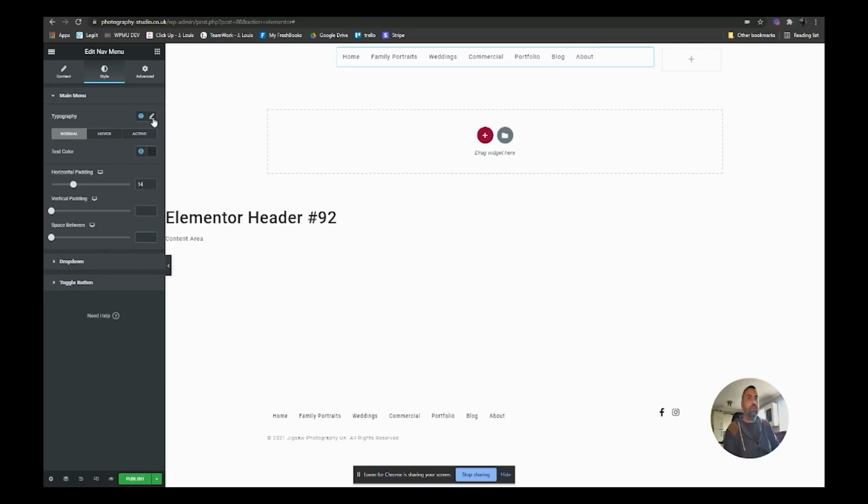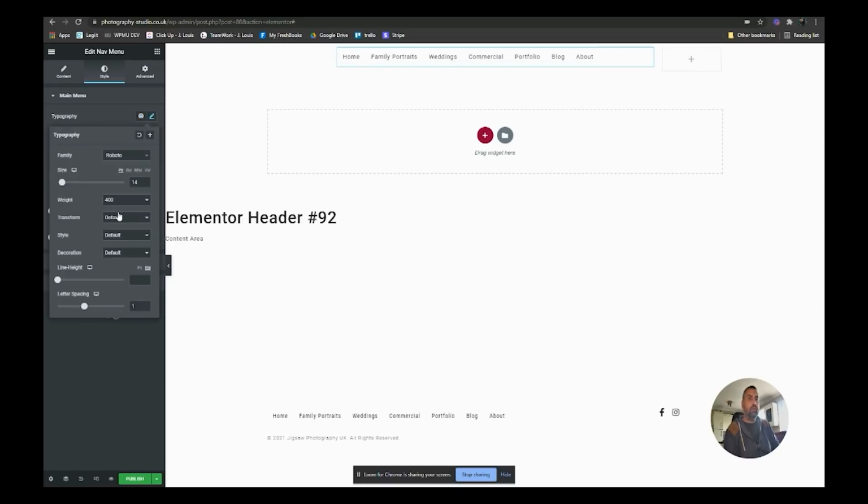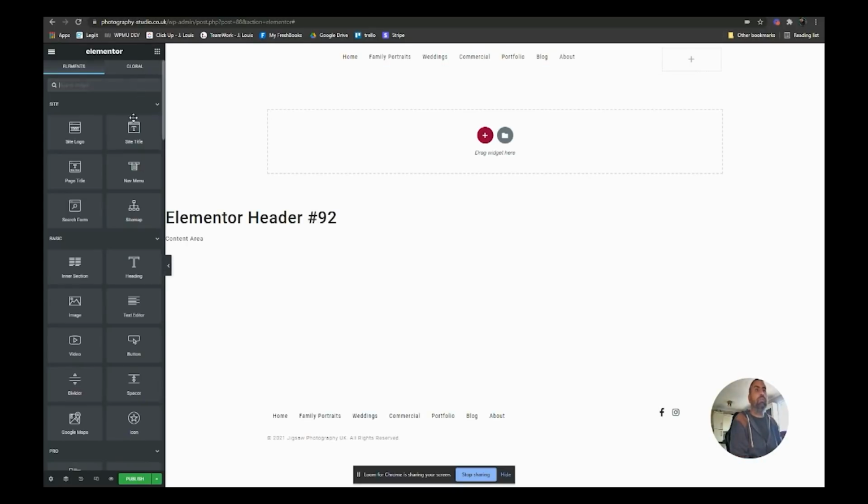And then let's have a look at the typography again. And we're going to have that as Roboto condensed. We're going to increase that to 500 on weight. Then everything else can remain the same. Back to our 3 buttons,